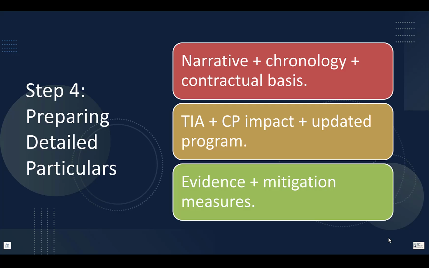Delay analysis, as I said, the TIA is recommended. Impact on critical path, updated program, evidence from logs, photos, RFI trails, etc. Cost, if applicable, mitigation measures taken, and a statement of continuing impact, if the impact is ongoing.